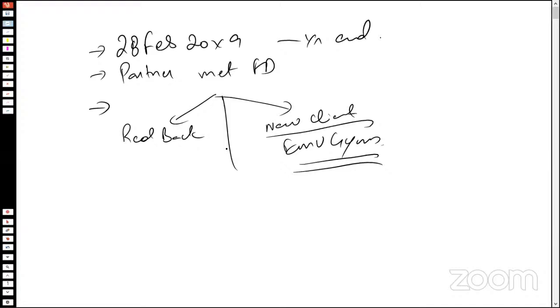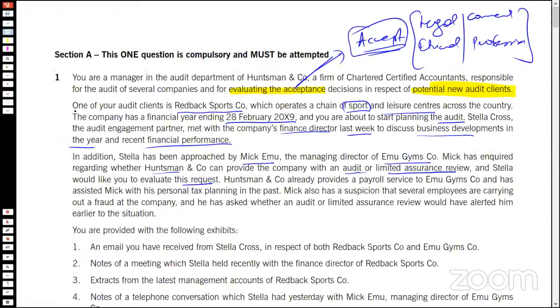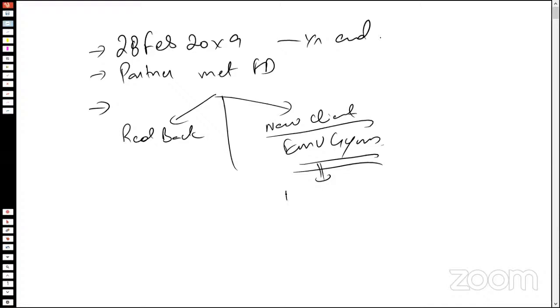Now what next is there? The next situation is, it says Huntsman already provides a payroll service to EMU Gyms company. So you are already providing the payroll services to EMU Gyms and have assisted Mick with his personal tax planning in the past. Okay. So with respect to EMU Gyms, you have already been providing them with payroll services, and you have assisted their managing director with personal tax planning. That is what has happened with you. Now, what next is there? The next situation that we need to understand is that